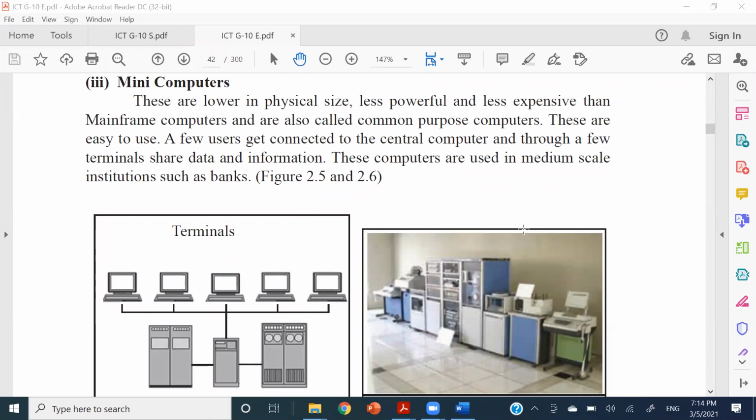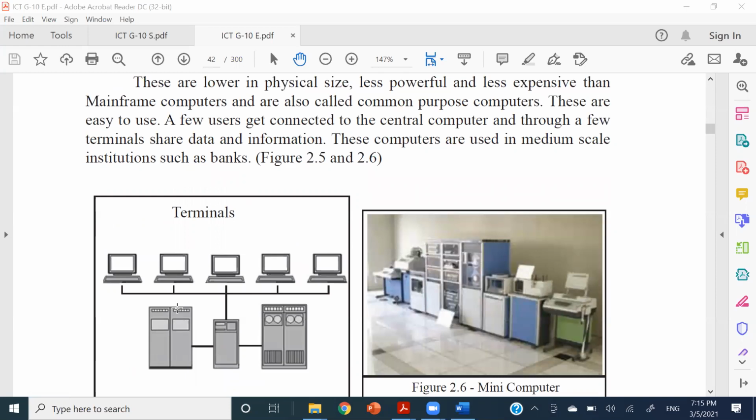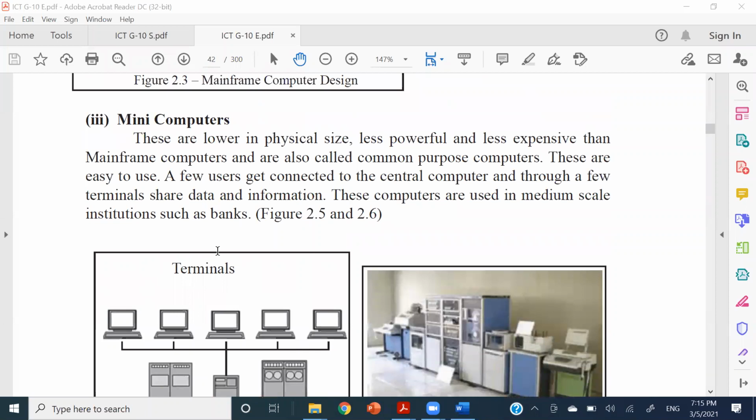But still that particular computer, mini computer එක දැන් මේ කියන පින්තූරේ මේ මැද්ද මේ පහළ ඔයගලන්ට දකින්න හම්බෙන්නේ mini computer එක. මේ උඩ තියෙන monitors ටිකට අපි කියන්නේ terminals කියලා. Right? ඒ හැම එක්කෙනාම maintain වෙන්නේ this particular mini computer. Right? So it is capable of handling more than one terminal. So that kind of a computer is called a mini computer. So these things are being used inside medium scale institutions such as banks and all these things, right?